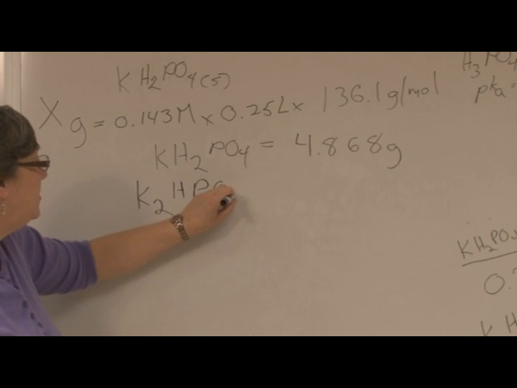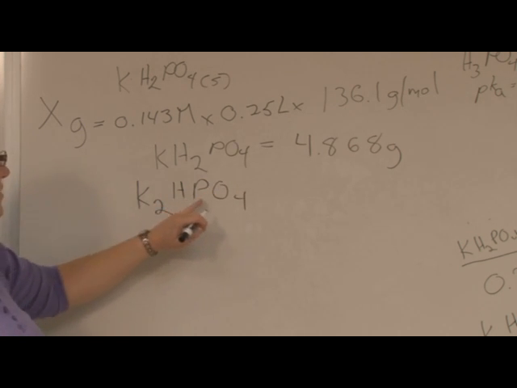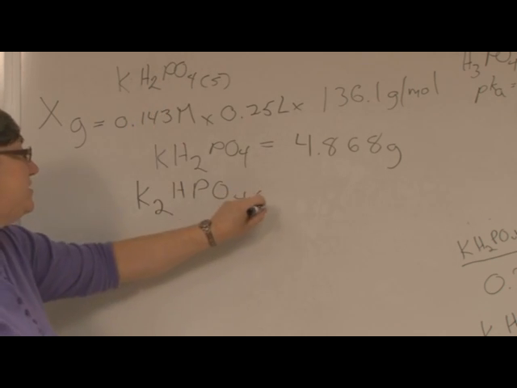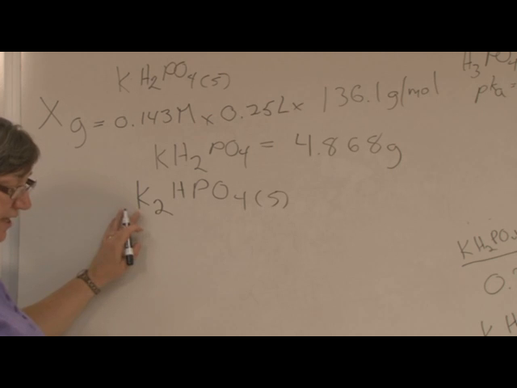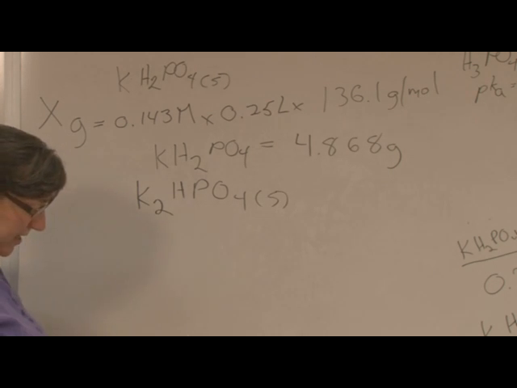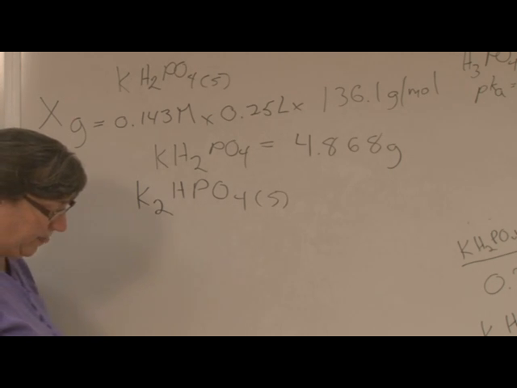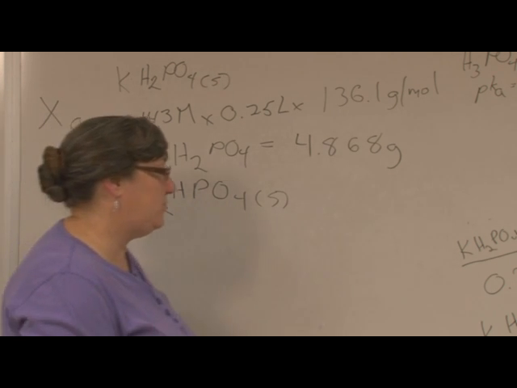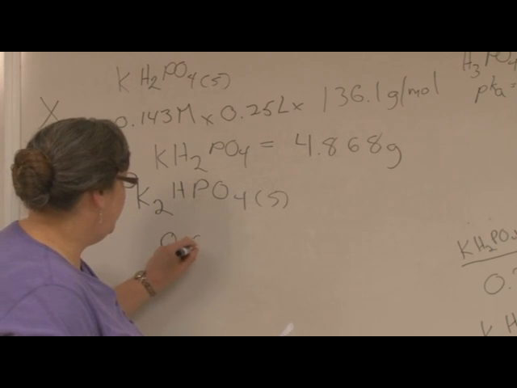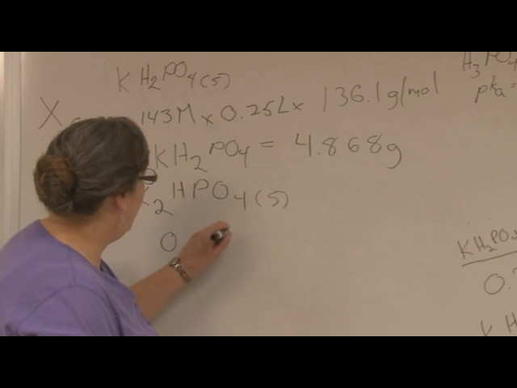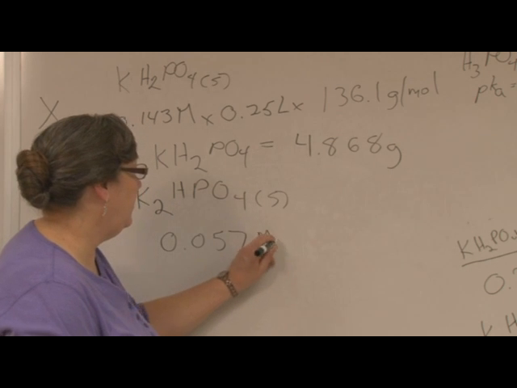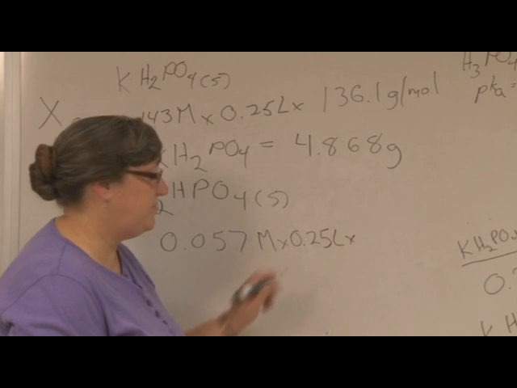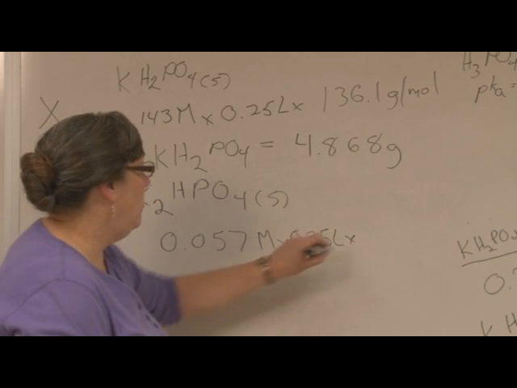All right? Now for the dibasic form, remember that I've got an extra potassium to make up for the lost proton. I have K2HPO4 versus KH2PO4. It's still solid because it has that potassium in it. And now what we're going to say is that the molarity of the base was 0.057 molar times 1/4 of a liter times the molecular weight of this solid, which is